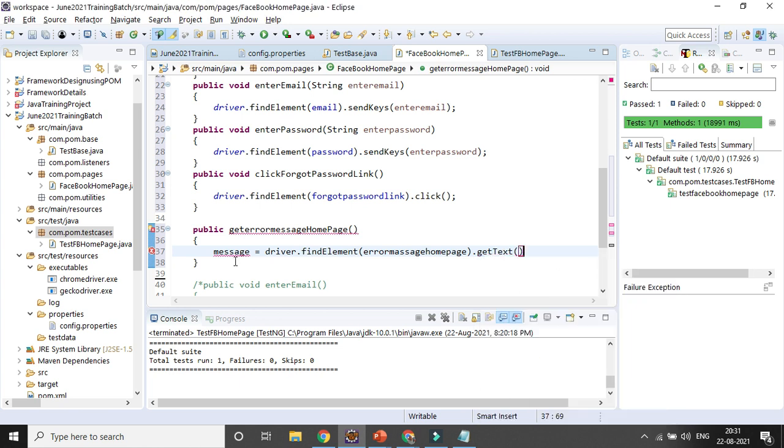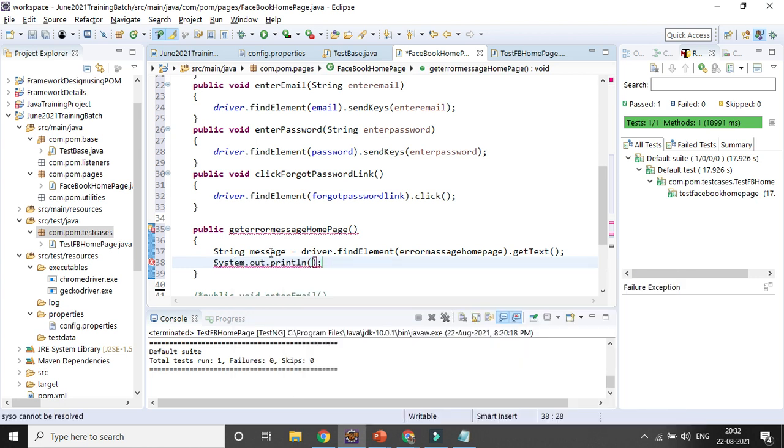Then as it is a string, I need to store it in some string variable, string message. I can print it out if I want to, and then I'll be returning the message, right? Return message.